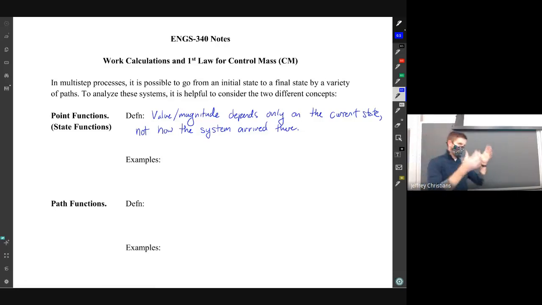It depends on where you are now. It doesn't care what the history was. So it has a definite value